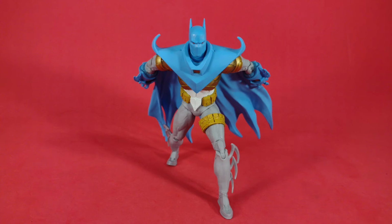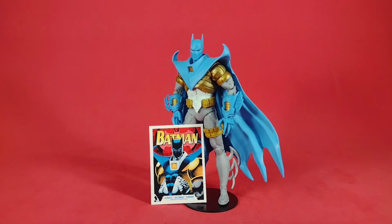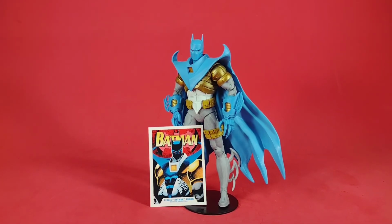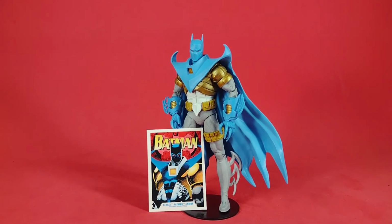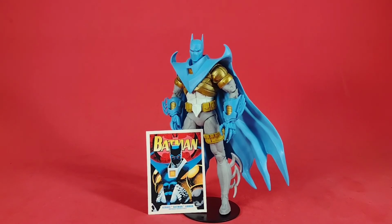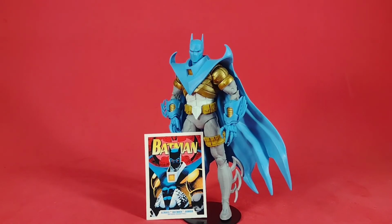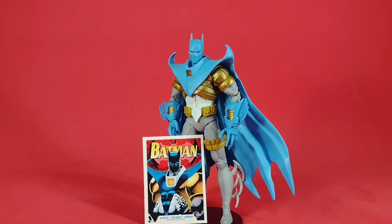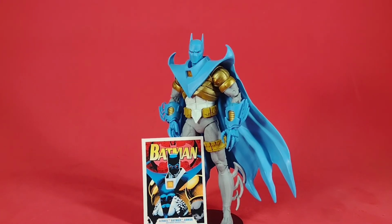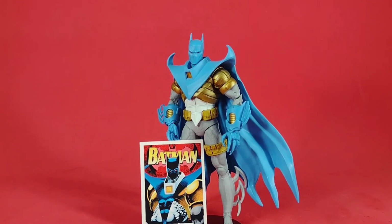I'm definitely glad that it's part of the collection. I'm glad I was able to get my hands on it, but there's just something about it that could have been better, and if I could explain what that is, I would, but something about this just doesn't meet the expectations that I had. And that could just be me. I may have just built this up too much in my head that I was like, holy cow, the Azbat figure is out, gotta get it. Checked online every day, finally had it available at my store, went out and got it,